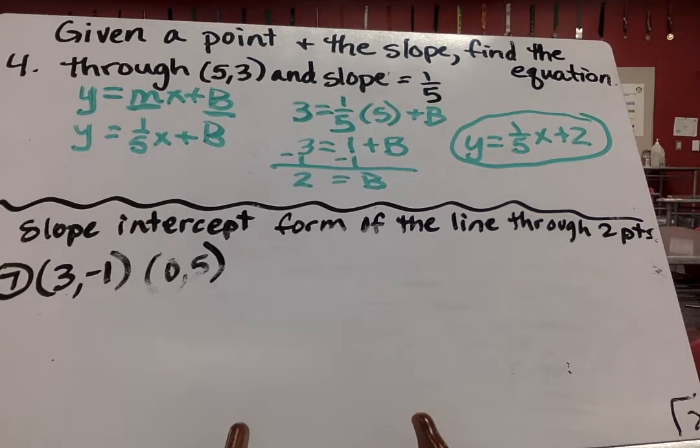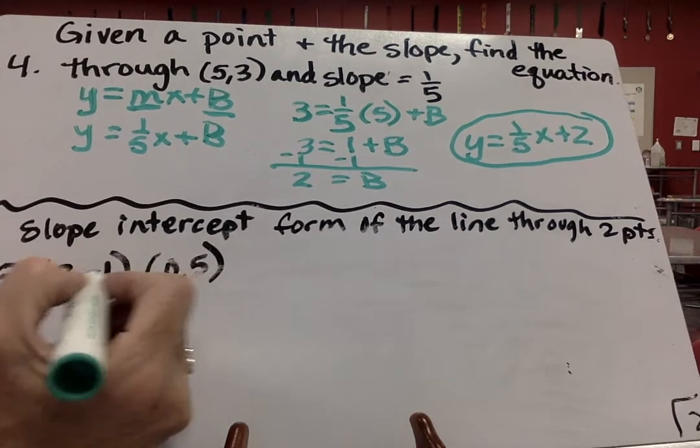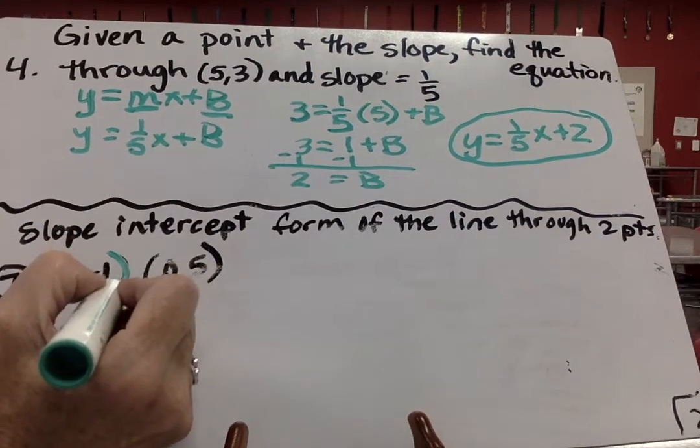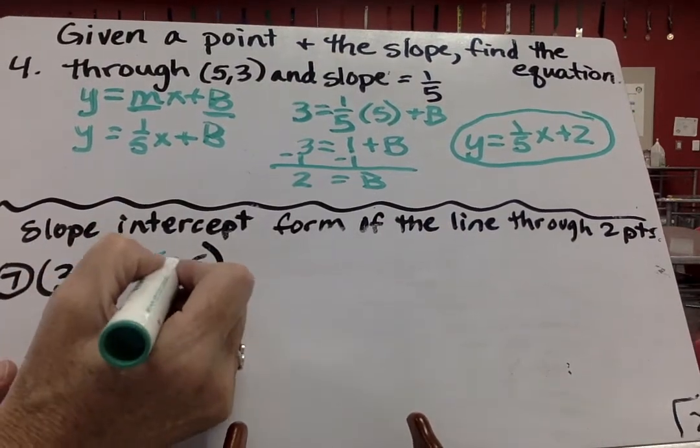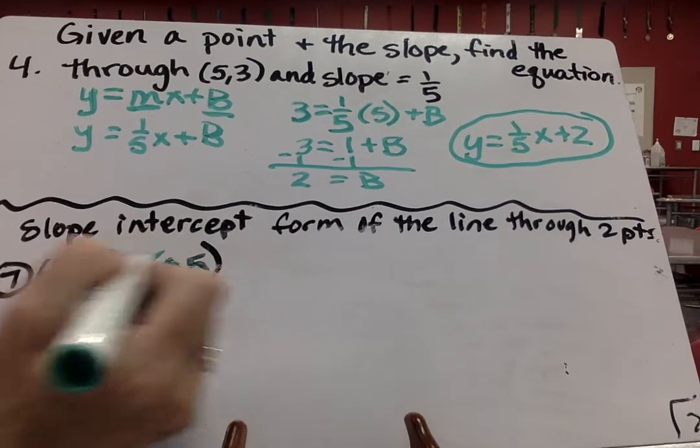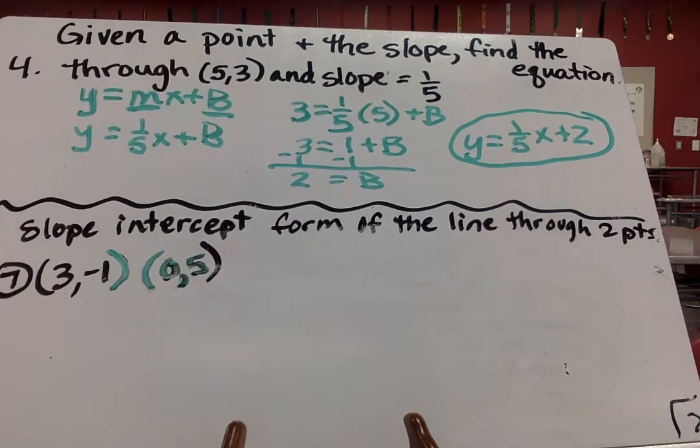Okay? So again, pause this video and go ahead and do that problem. Next, we'll go on to number 7. Now we're just given 2 points, and we are not given our equation. So we have 3, -1, and 0, 5. So first we have to find the slope through those